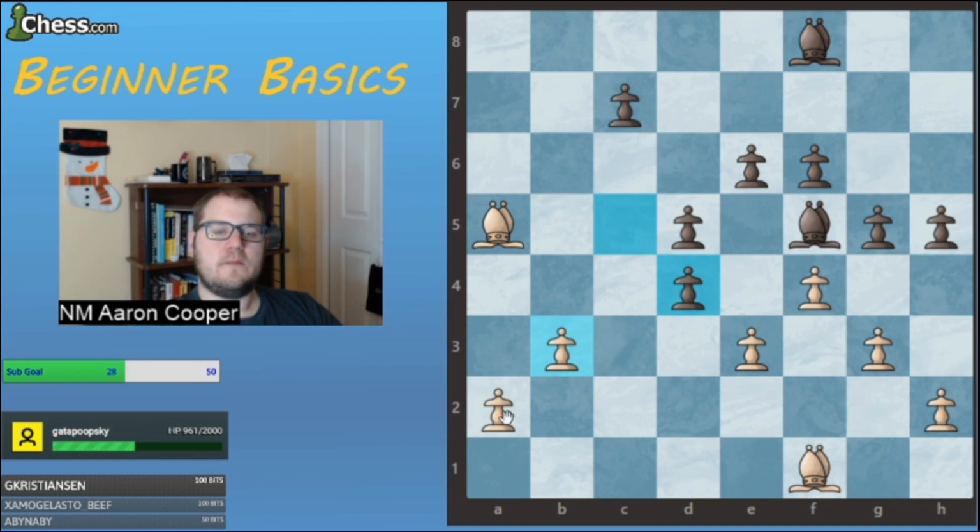All right, so what do you guys think? a4, bishop takes, or pawn takes? Let's go with those 3 options. So what do you guys want to do? Roy says we need to stop the d4 pawn first. After that, we have an advantage. So,